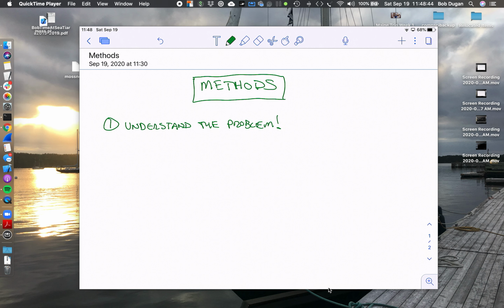If you don't understand the problem you're being asked to solve, then it doesn't make a lot of sense to sit down and start writing code, right? Because the computer's only going to do what you tell it to do. The computer can't make intuitive leaps like you can make. And the computer doesn't understand anything special above and beyond what you tell it. So if you don't deeply and thoroughly understand what the problem is asking you to do, it's going to be really hard to solve the problem. Another thing that you can do is use paper and pencil